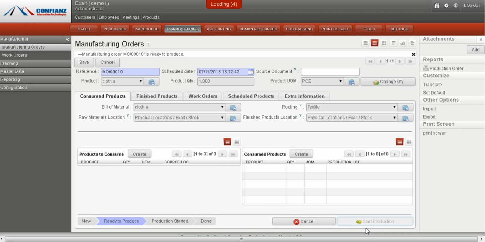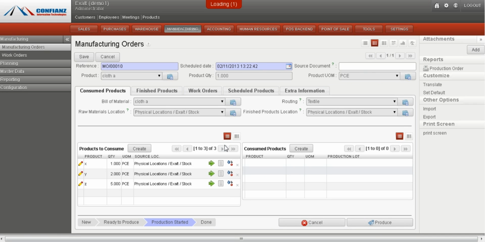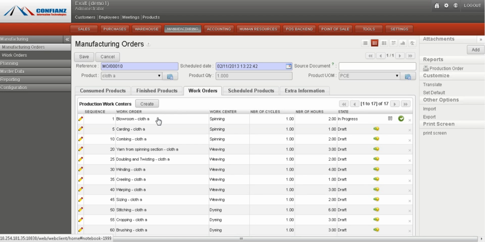The procedure for production starts, and now we can view the present work which is taking place on work orders. So we can see first work center, first production work center work, which is blue room cloth under the spinning work center, which is in progress state. Once